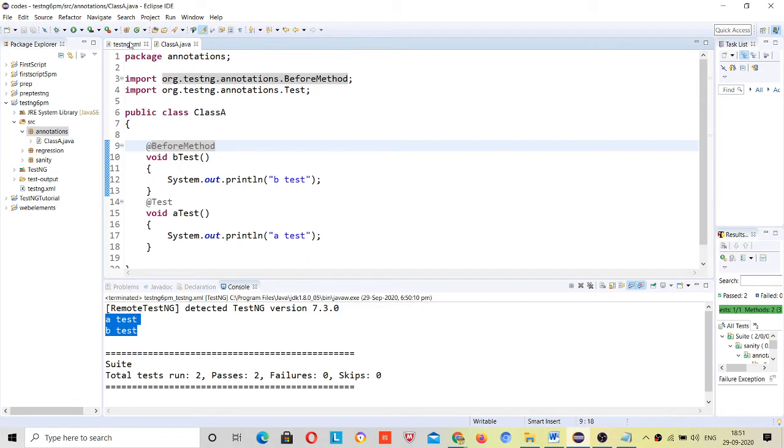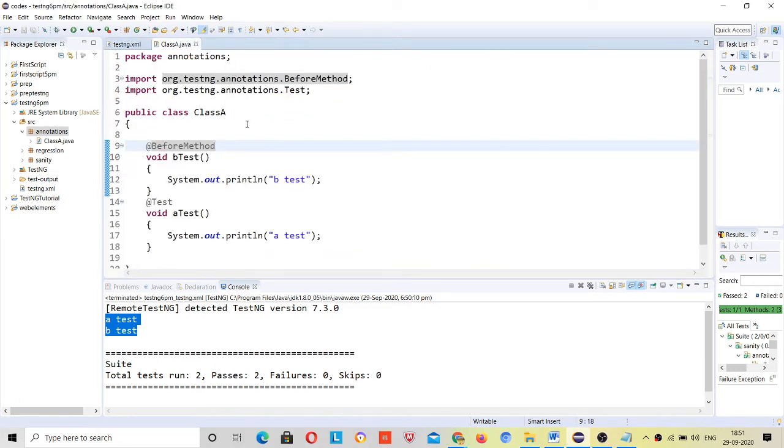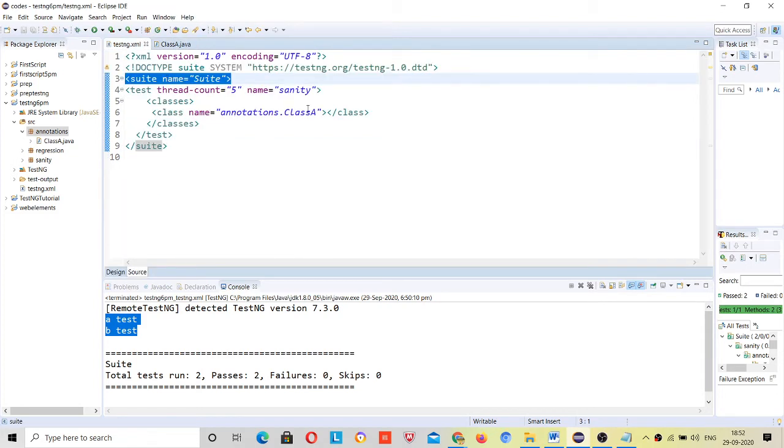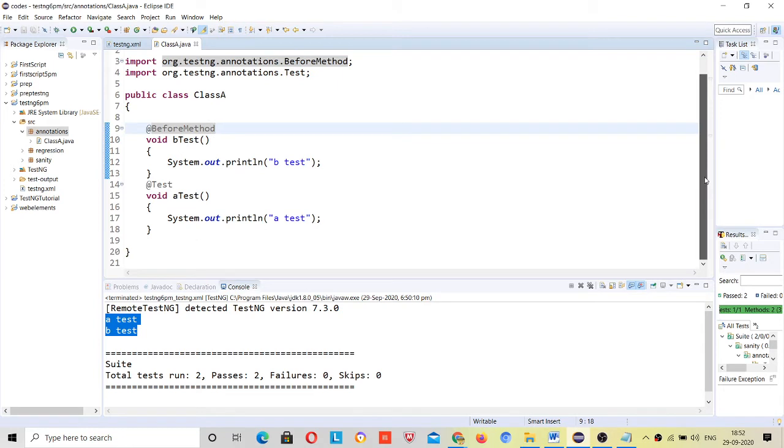Then it will go for @BeforeClass annotations, which will be checked in the same class that I am currently in, class A. If any @BeforeClass annotation is present in this class, it will run first. Because there is no @BeforeClass, it will check @BeforeMethod.